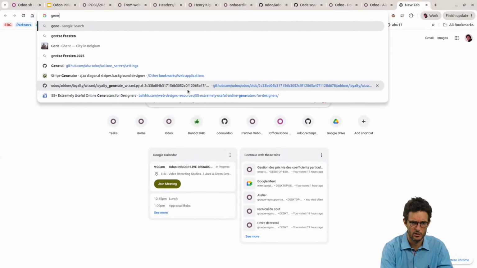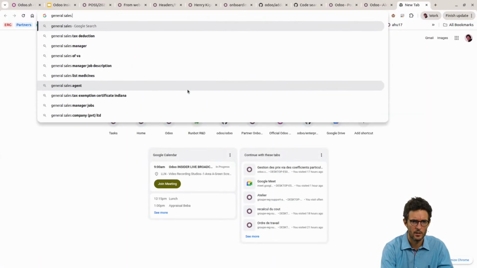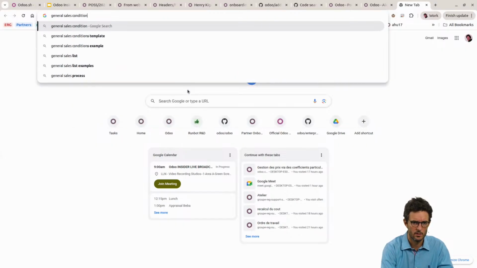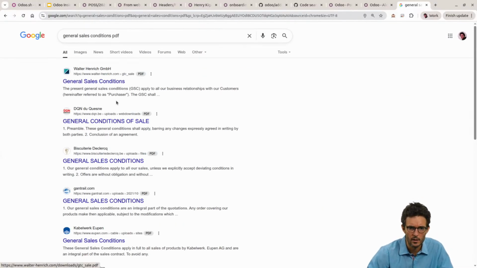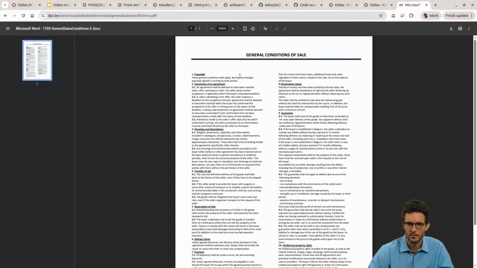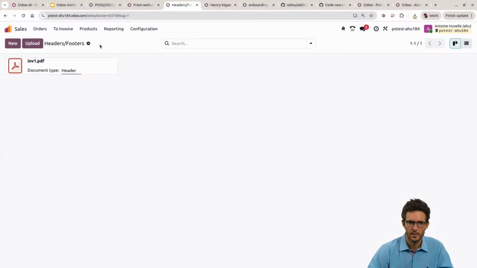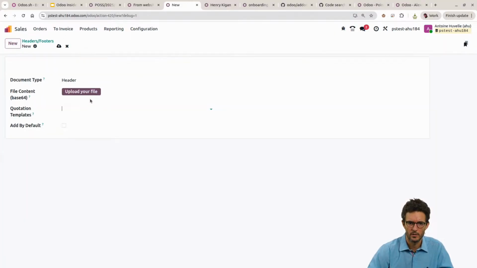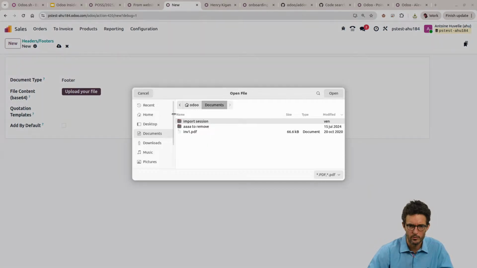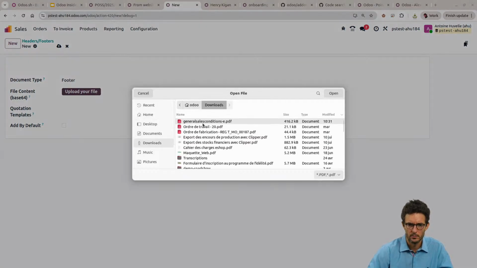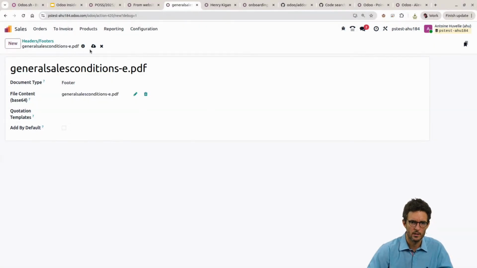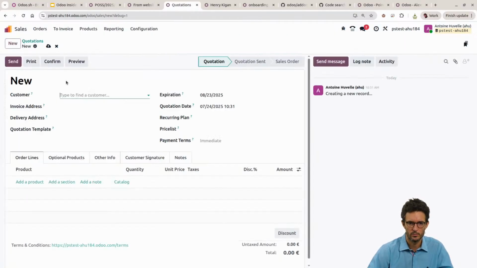Maybe I can find something like a general sales condition PDF. Yeah, would we have something like this? Very good. Let's add that in my downloads. Okay, let's create a new one. Footer, upload the file. There we are. And using this in the quote, if that's the goal of your demand, you could do this